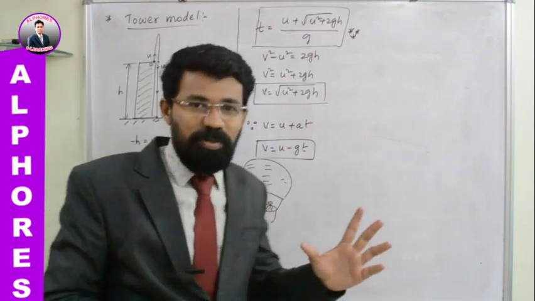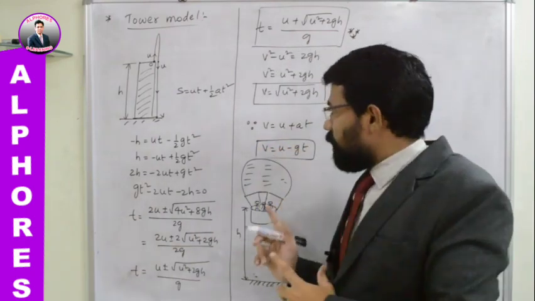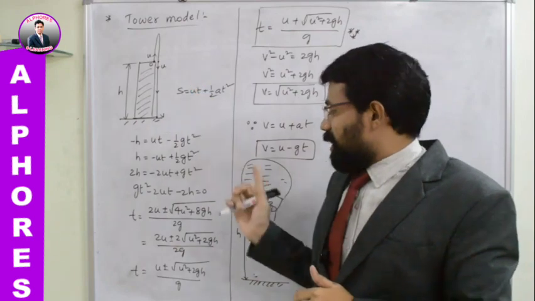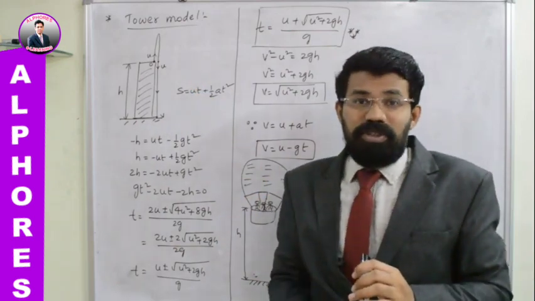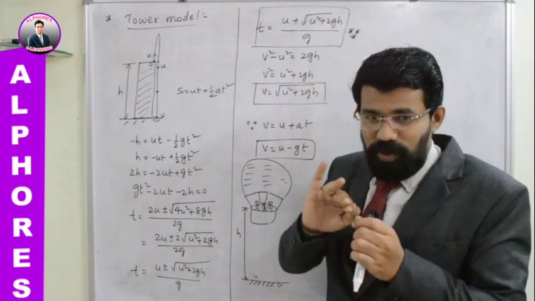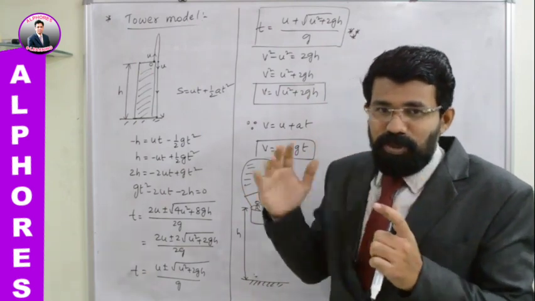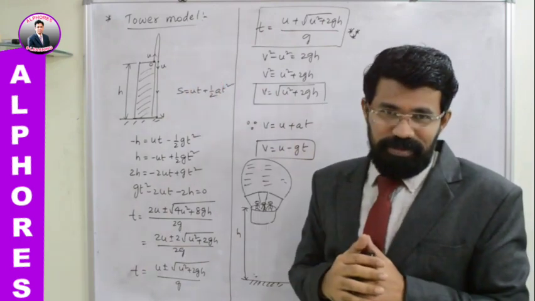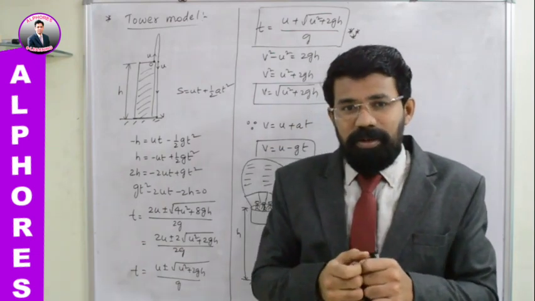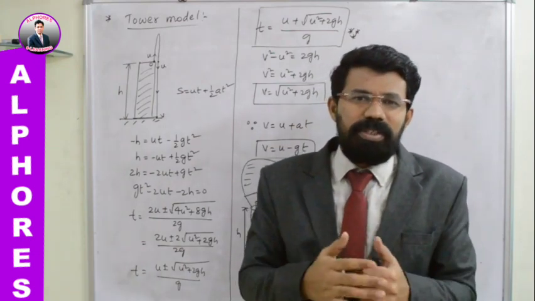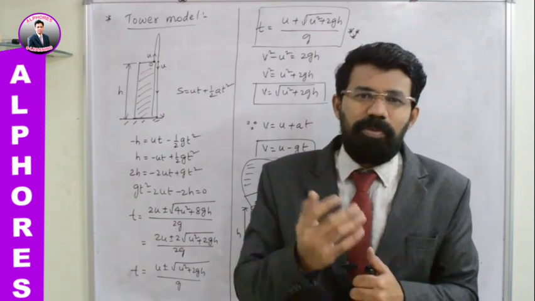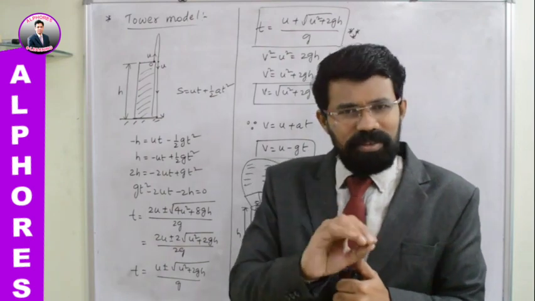So whatever hot air balloon model is there, you can perfectly synchronize this model with this tower model. It appears as if the coin is projected in the upward direction with a velocity u from a height equal to h. When you are pushing the coin from the hot air balloon, it resembles this situation. What is the velocity with which the coin is traveling in the upward direction? The velocity with which the balloon is moving in the upward direction. With the same velocity it travels upward. That is what you can take as the velocity of projection of the coin. Whatever the balloon's velocity is, with the same velocity.